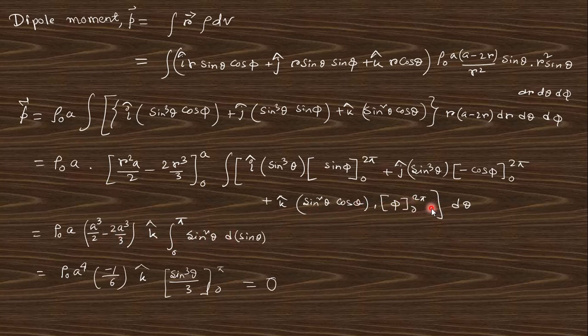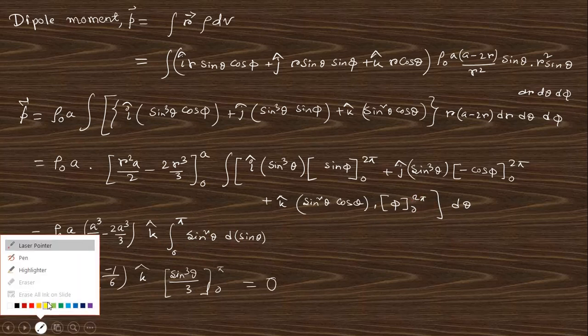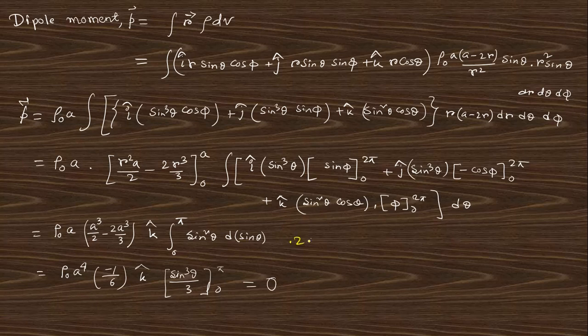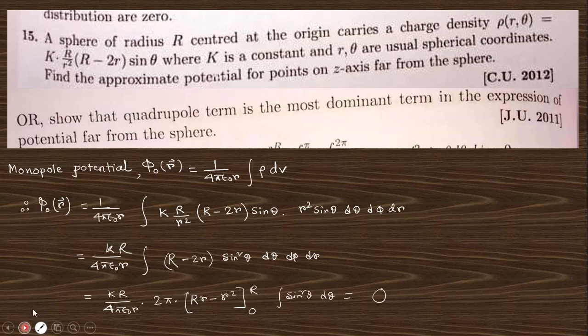Okay, I think I missed this 2π. So right here, 2π. Okay, this 2π must be present, and this can be written as sin²θ d of sin θ. So this is sin³θ by 3. There is a 2π, no problem. But sin π is 0, sin 0 is 0, so you will get finally 0, right? Go to the next question.